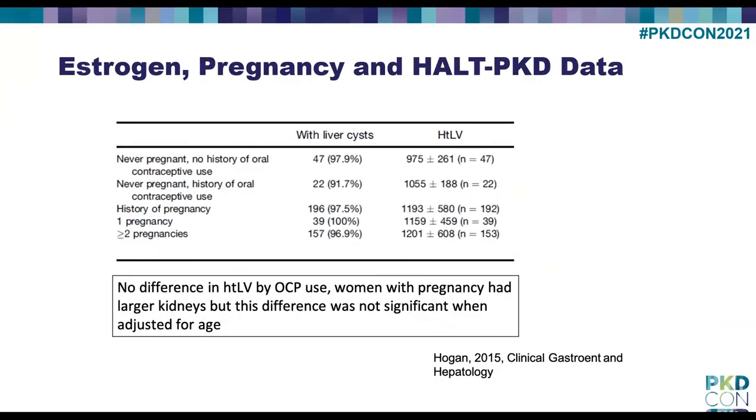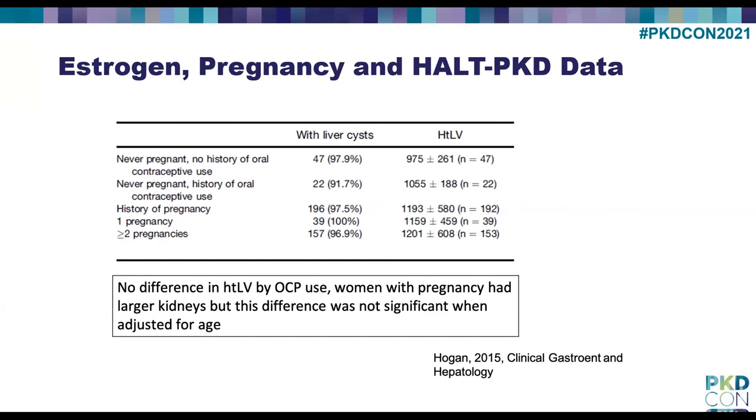And some of you may have heard one study that was done many years ago looking at estrogen that was given as hormone replacement therapy for postmenopausal women. And in that study, it seemed that the estrogen exposure correlated with growth of liver cysts. And so based on that one single study, the teaching has been to tell women to avoid exogenous estrogen, either in the form of an oral birth control pill or as hormone replacement therapy.